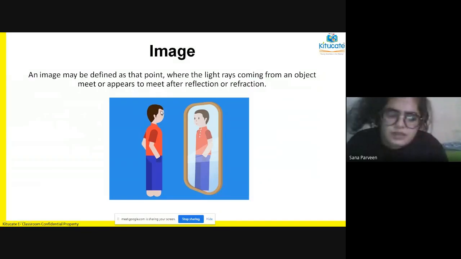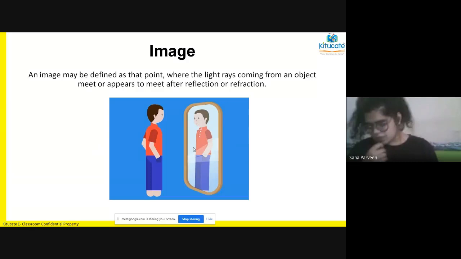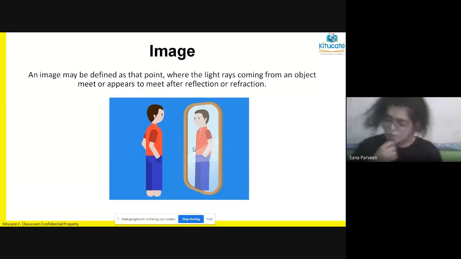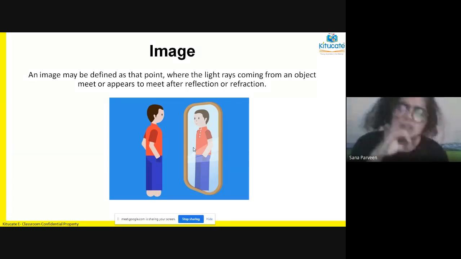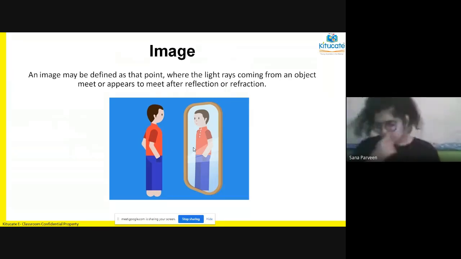Okay, so for example, from here one ray is coming, from here one ray is coming, from the bottom one ray is coming. So from everywhere when the ray comes, it is going to form an image. So from the boy, some rays are reflected to the plane mirror and the rays are reflected back. All the reflected rays follow the laws of reflection. Okay, so any ray that is falling from the boy's body onto the mirror, what is going to happen? All the rays are going to follow the law of reflection. From the boy, the rays that are moving out are diverging.